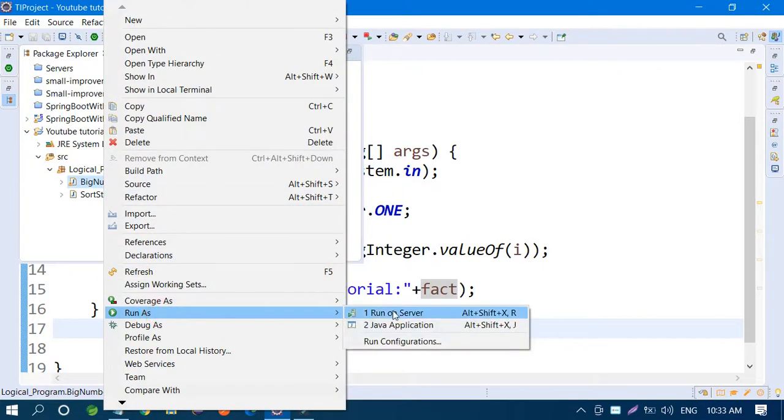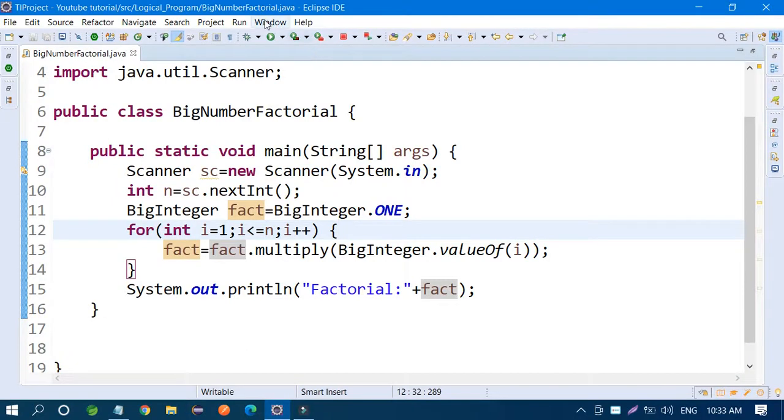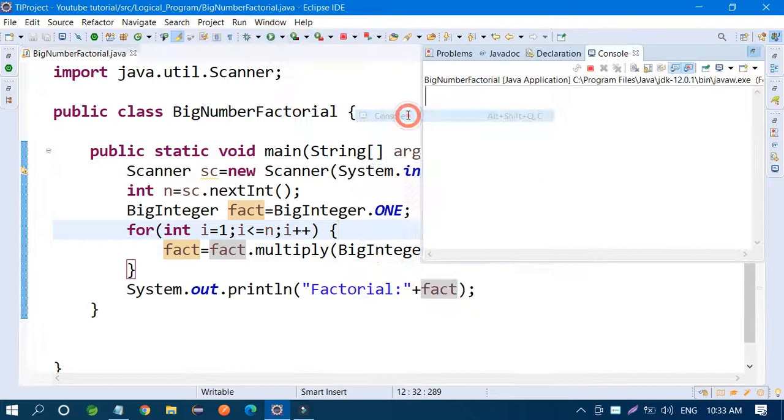Just run it as a Java application. Oh my god, the console did not appear. So just enable the console.